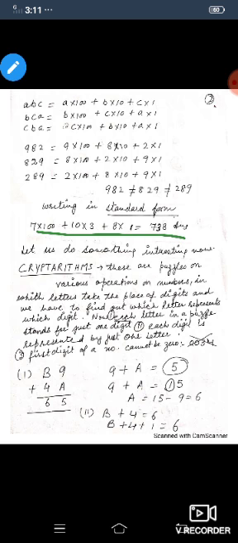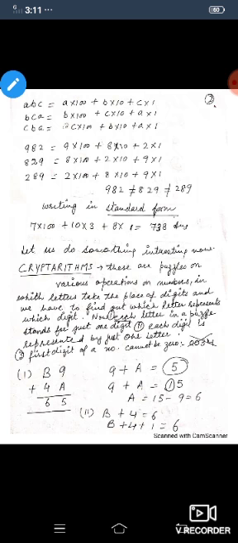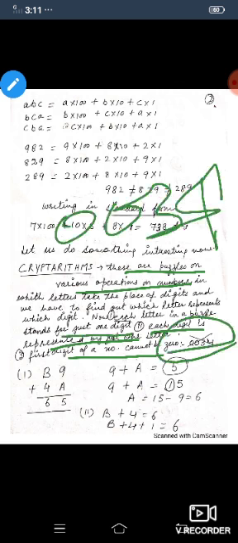Now, this is cryptarithms. What are cryptarithms? These are puzzles on various operations on numbers in which letters take the place of digits, and we have to find out which letter represents which digit. So, this is the first rule: each letter in a puzzle stands for one digit, and each digit is represented by just one letter. The first digit of a number cannot be 0 for sure. 0034 cannot represent this game.